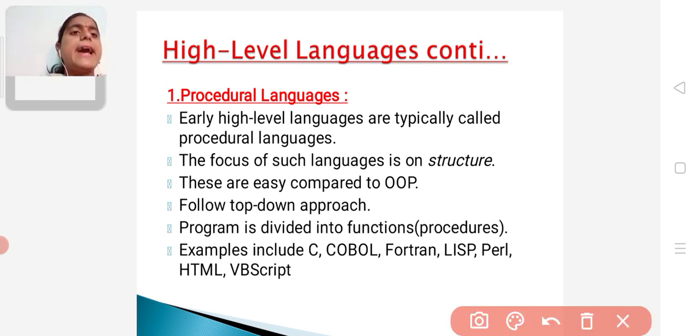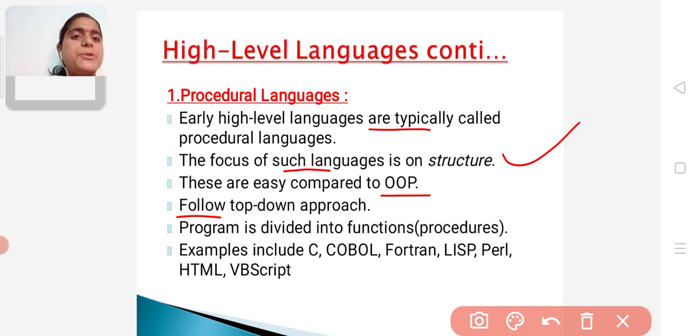The early high level languages are called procedural languages. The focus of these procedural languages is on structure, and they are much easier compared with object oriented programming languages.